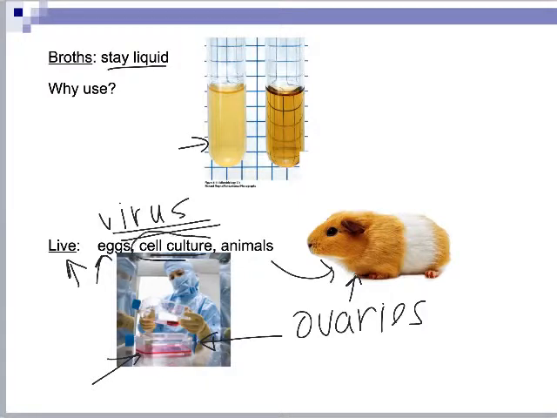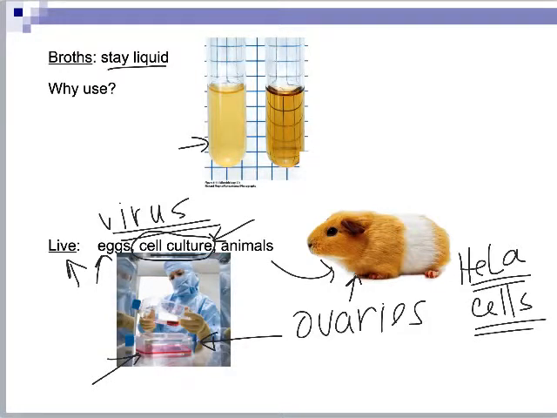Cell culture is where a lot of research is going on. It's how we make a lot of vaccines. It's how we make monoclonal antibodies. A lot of drugs actually come from cell culture. Cell culture has an interesting history. The first human cells that were cultured that could reproduce forever are called HeLa cells. I don't know if you've heard of them before, but I'm going to put a link to HeLa cells on the Moodle page so you can read about it, because it's a very interesting story.